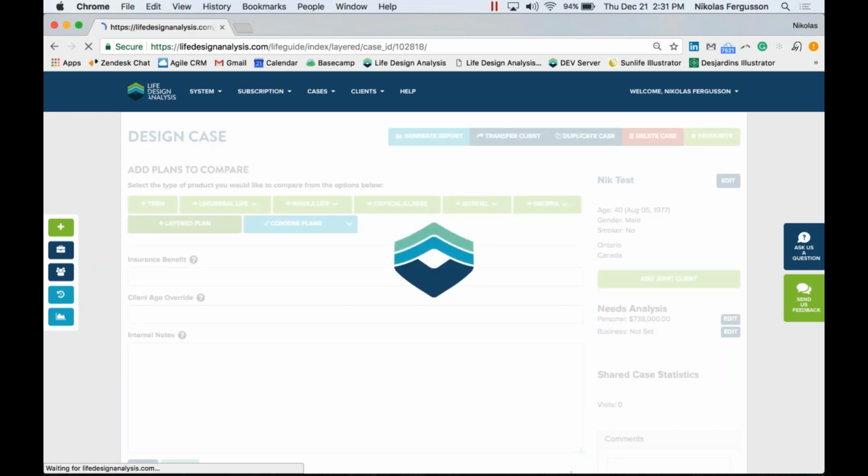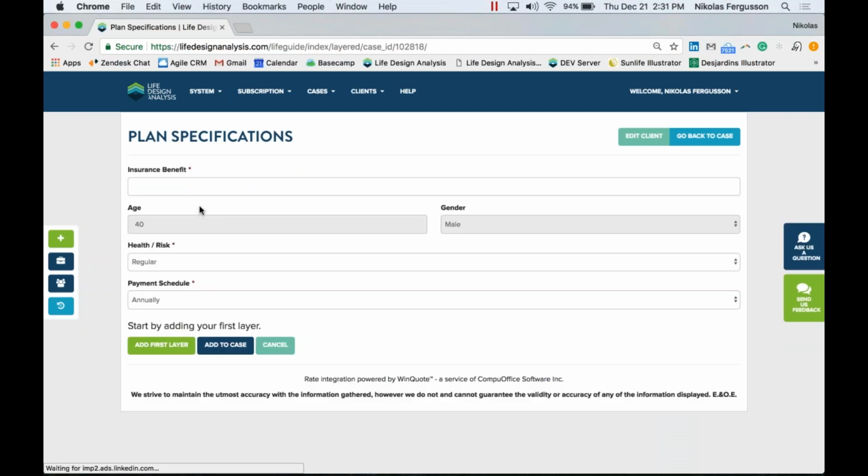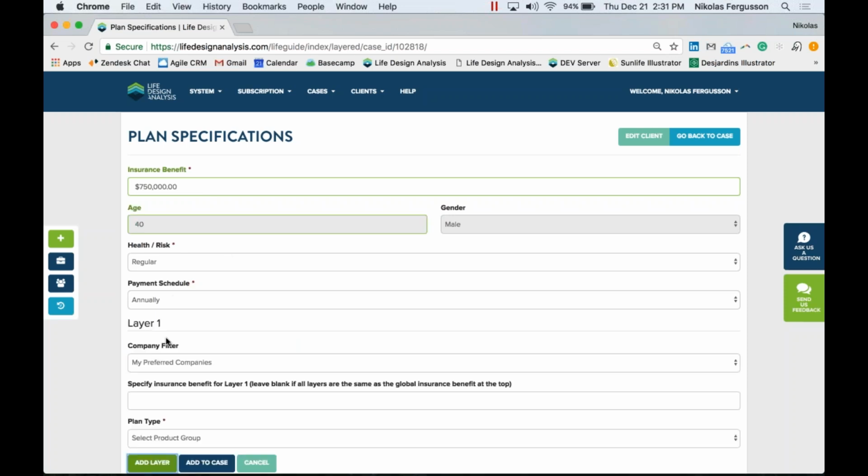Once we click through here, we can define exactly what we want to do in terms of what product we want to use, as well as what proportions within that total insurance need we want to allocate to each product. In this case, we're going to go with 3 different layers and an overarching total amount of $750,000 for the total insurance benefit. And so we can throw that in there